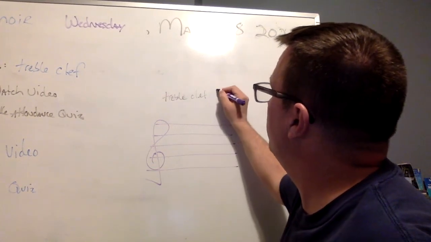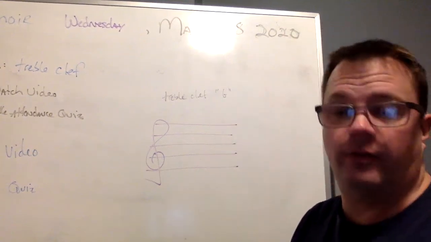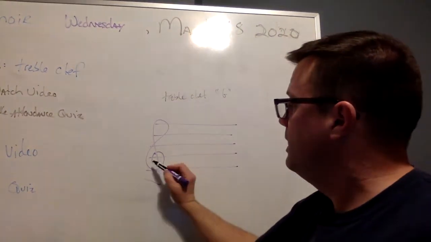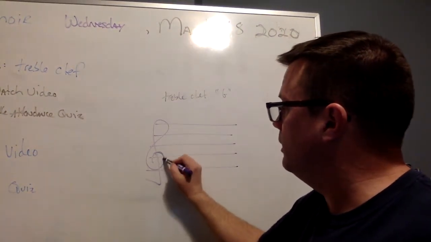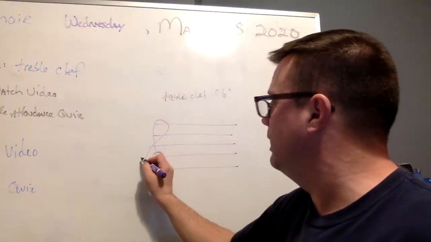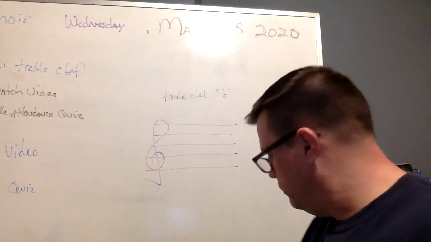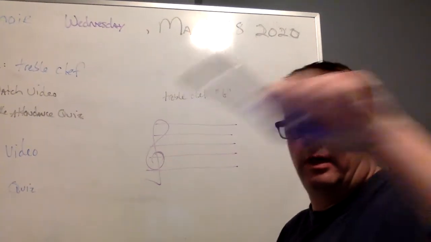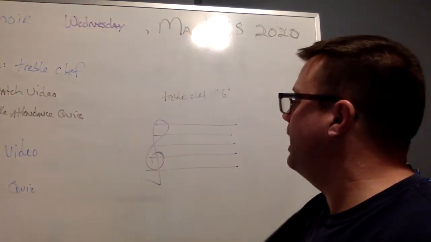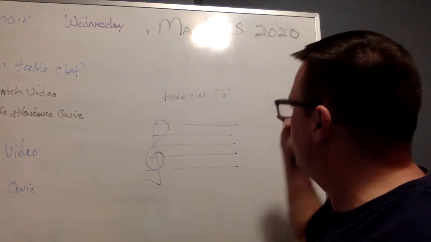Okay, treble clef is also known as the G clef, and the reason it's known as the G clef is because this little curlicue here surrounds the G line. Okay? And as we know, the musical alphabet goes from